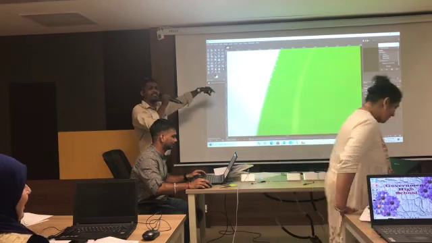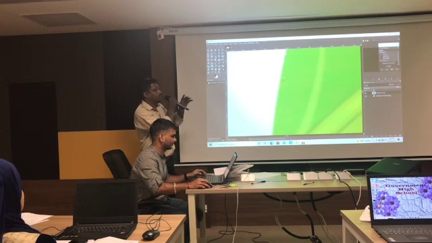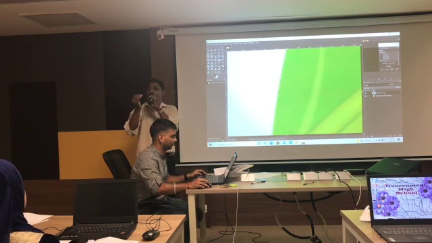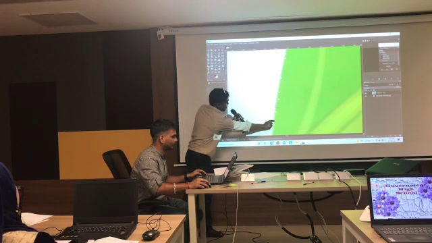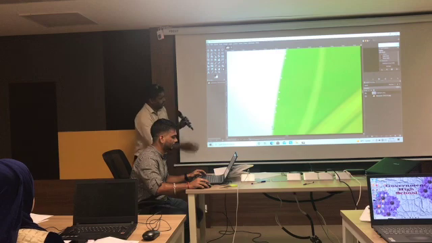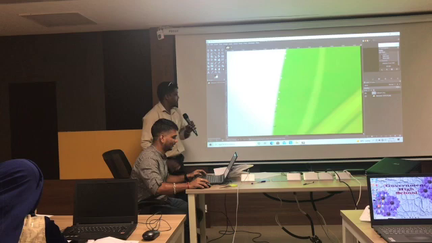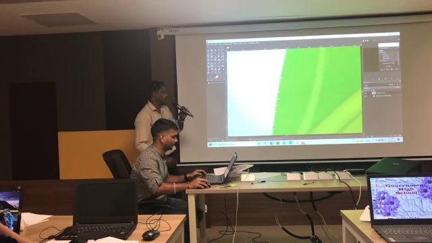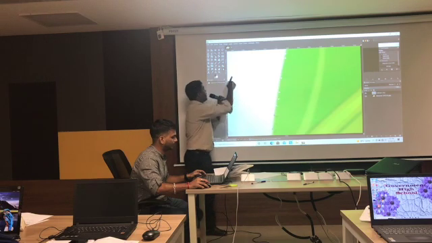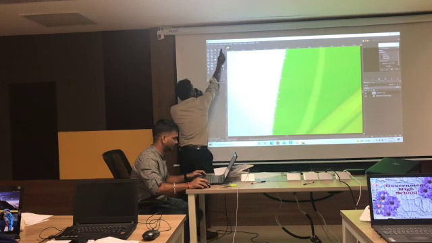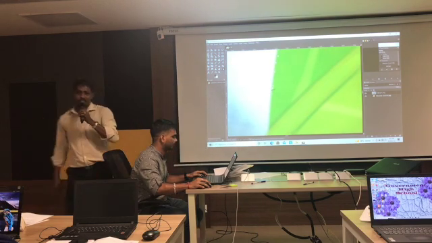So you keep on clicking. Wherever you are clicking, there it is going to create a dot. Now suppose it is a slightly curved shape, what you will do is click and drag at the same time. Don't leave it. Click and drag. Very good. So you can adjust these nodes, which was not possible in the free-form select tool. This is the advantage of using the path tool.